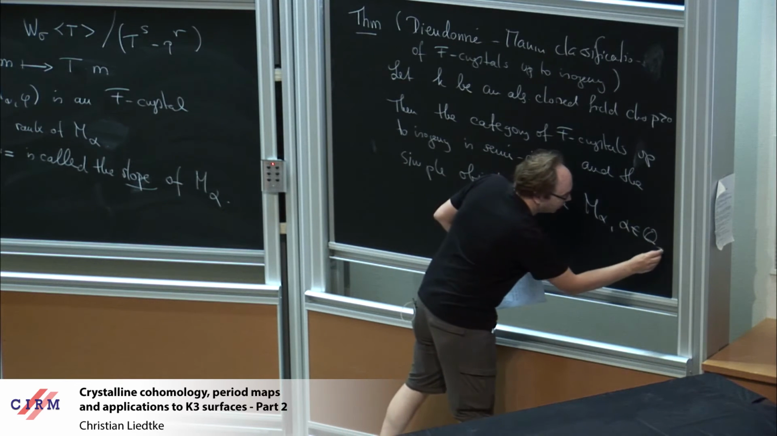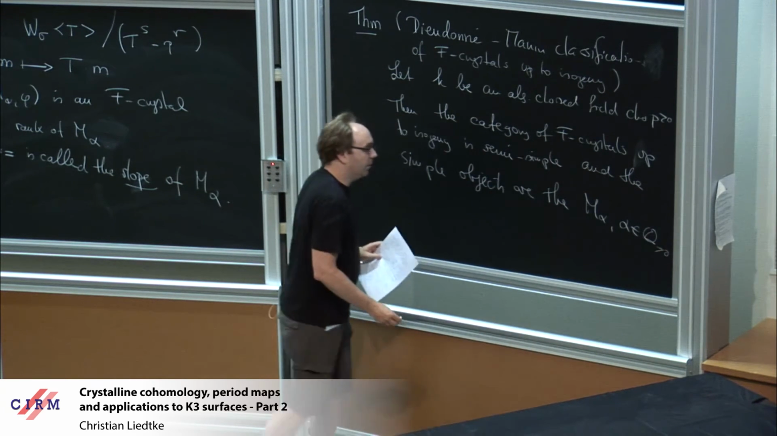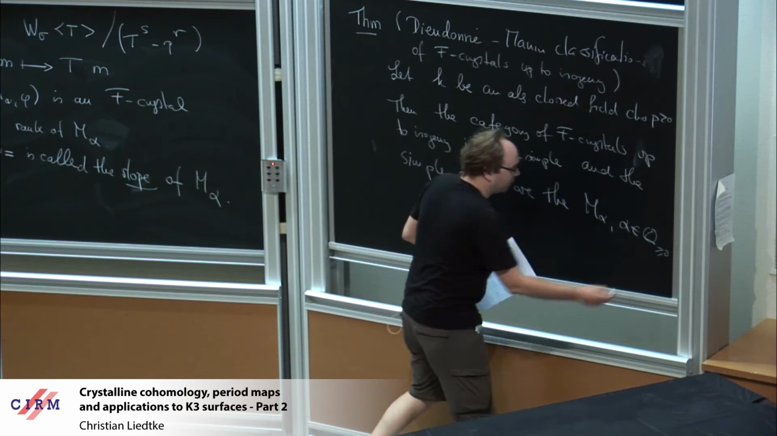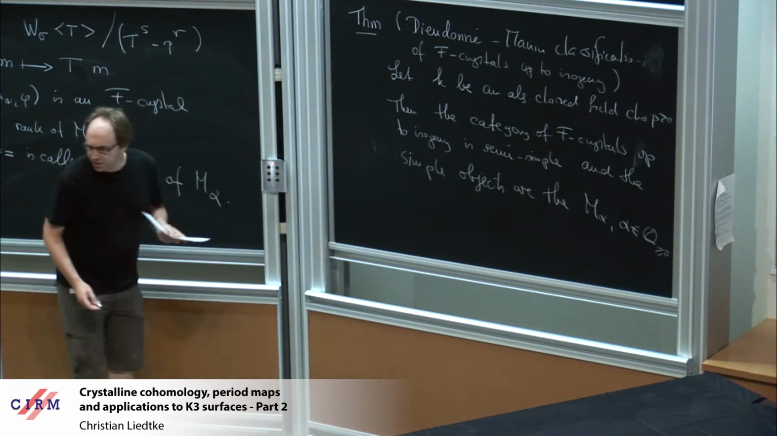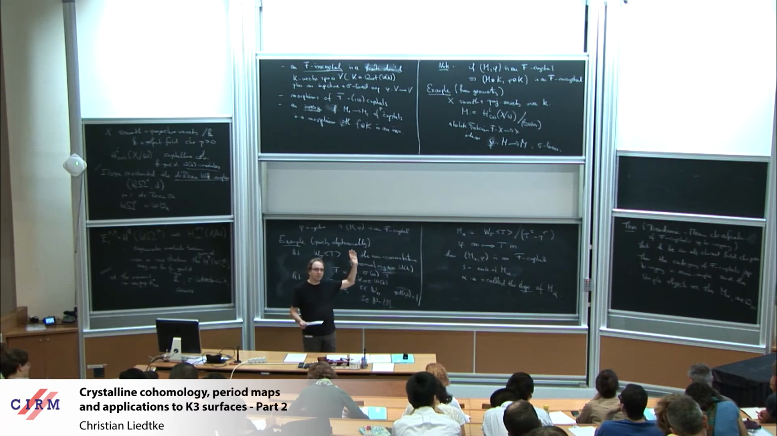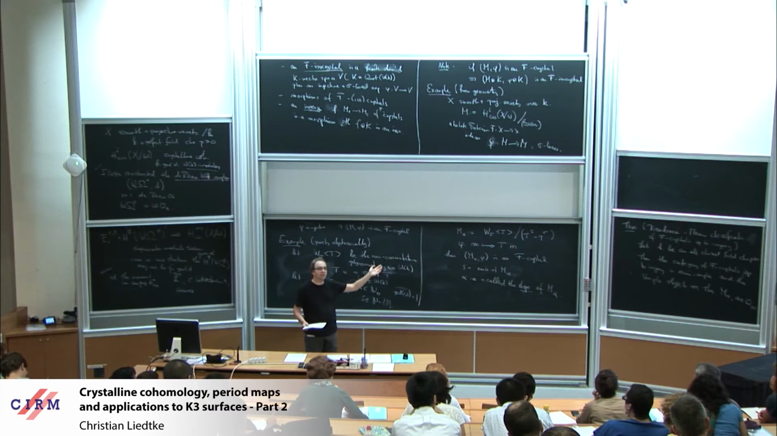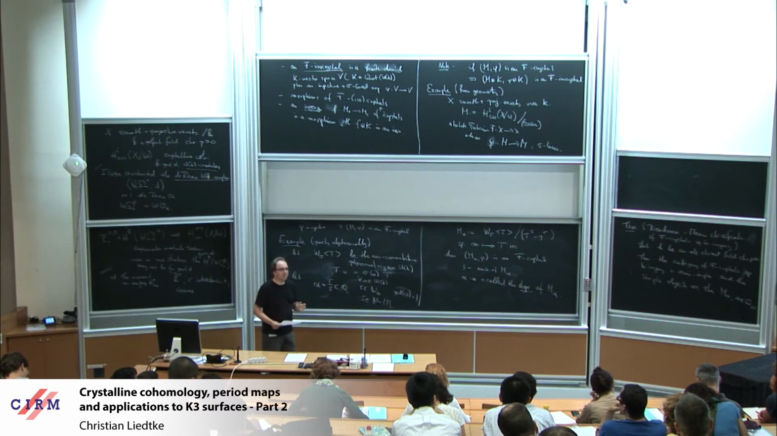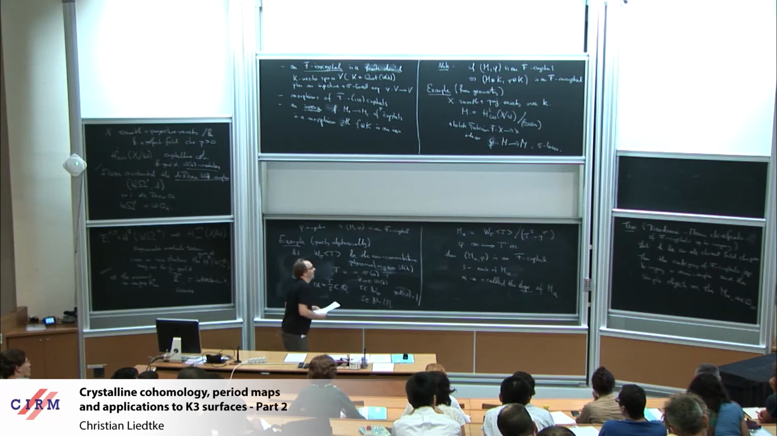Well, here I'm only discussing those with non-negative slopes. I mean, you can also consider crystals of negative slopes, but those will not come from geometry. It's a little bit like looking at Hodge structures with negative weight. So in a sense, what I want to say is that,